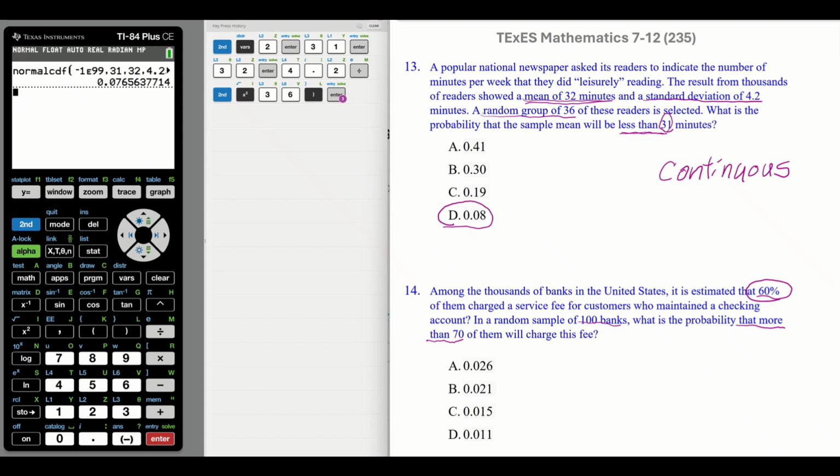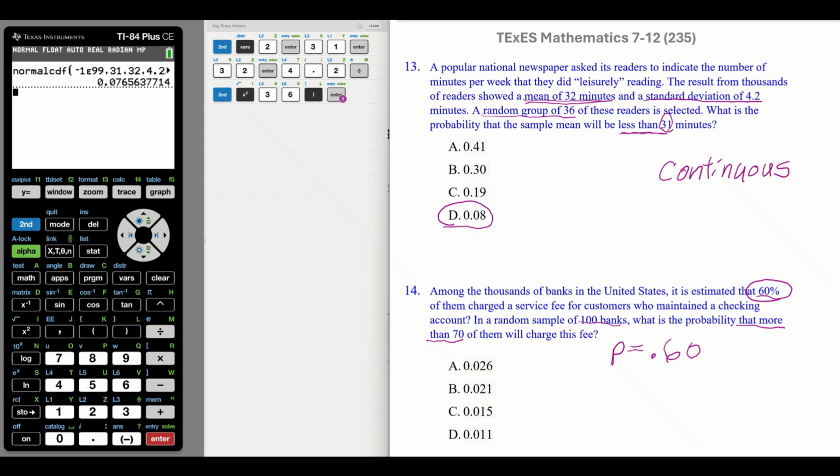Let's look at all these things going on. The first thing I want you to notice is they gave you a percentage. So you know that you will have to do some kind of a calculation that requires that. And we have a sample number, that n is 100. And what did they actually ask the banks? Logically, did they ask them for a value? The amount of money in the accounts? The amount of time that they were charging it? Was it months or no? They asked, did you or did you not?